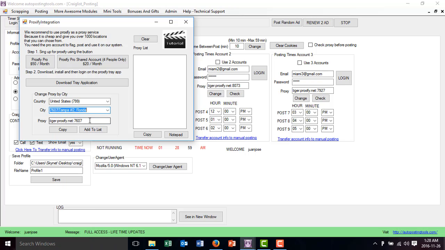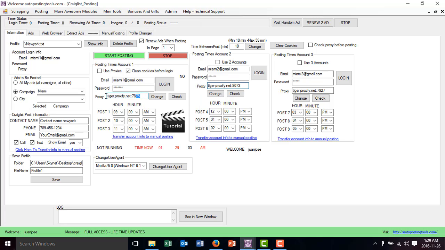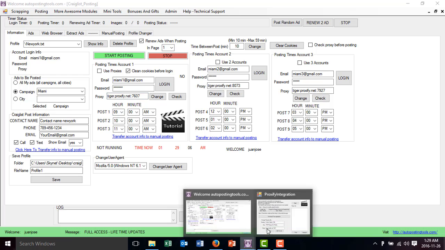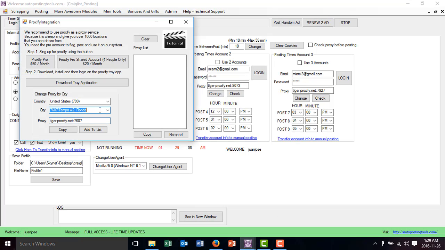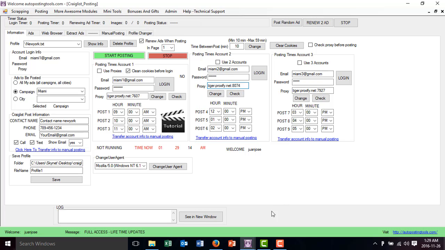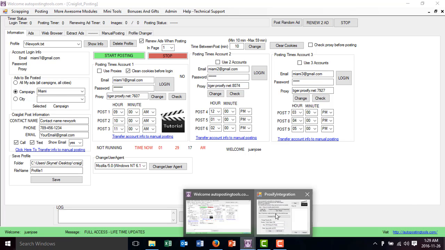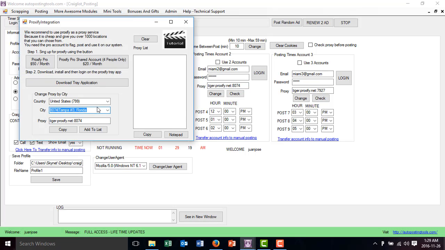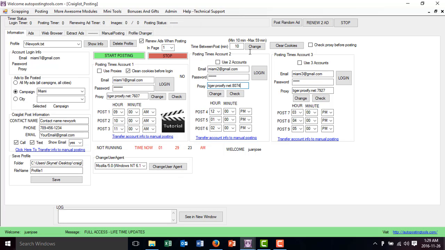I copy this proxy. Then I just put it on the first thing. Then I go and grab another proxy from Florida. This is my second proxy. I paste it there. Then I go and get my third proxy. So this is the third proxy. I put the third proxy, and then basically what is going to happen is that now I have an